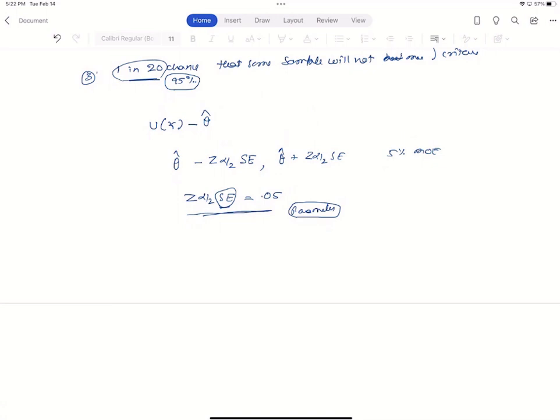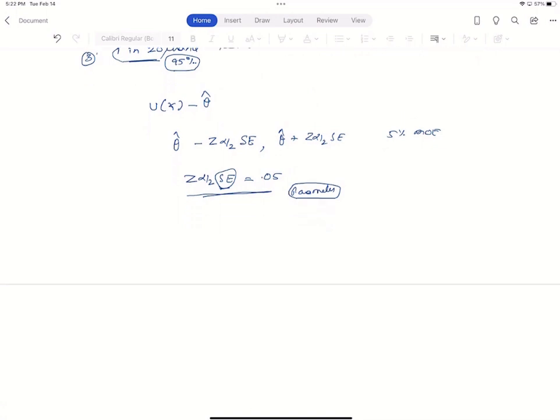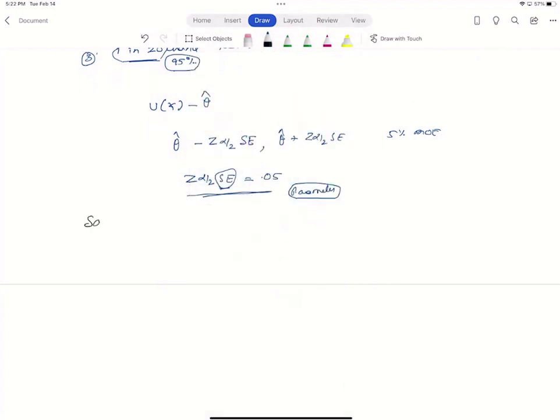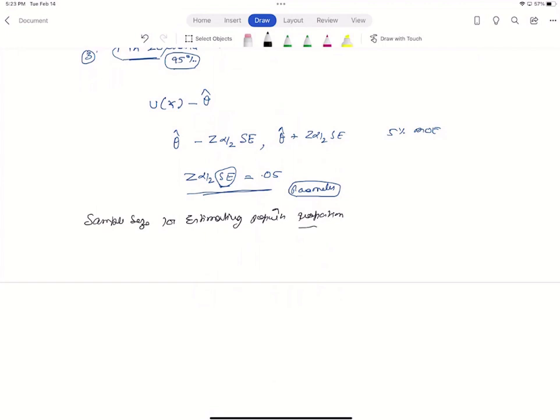Okay, so next is an example of sample size for estimating the population proportion. So let's see, we have a population, and the population has two disjoint classes, A and A complement, which basically